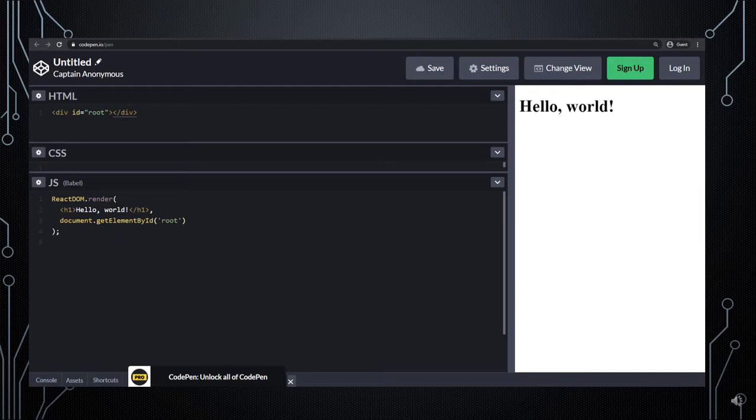It's the root ID, and it gets it from here. If you give it the name ABC, then you have to write ABC here. You can also say that these are two lines: here you write what you want to publish, and here you write where you want to publish. Whatever ID you mention here, the content will go there and be published automatically. If you run this code, it will show you this Hello World on the screen.